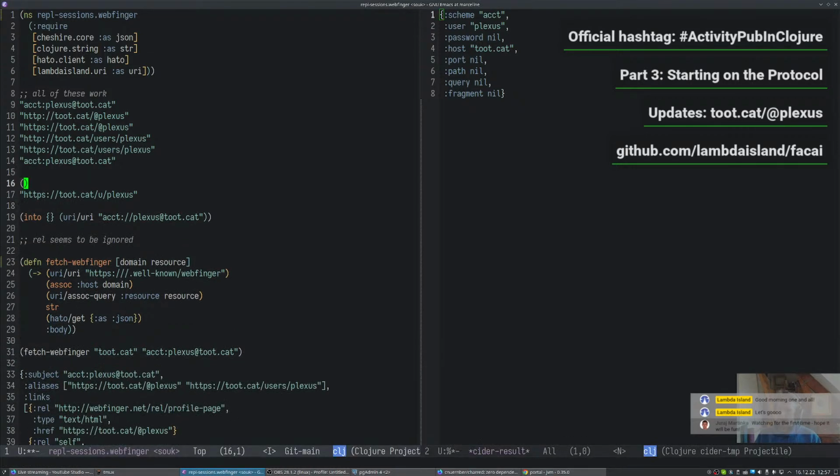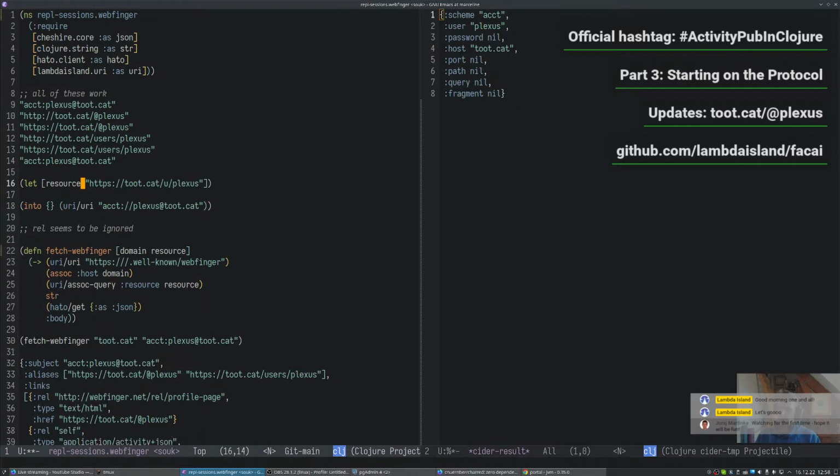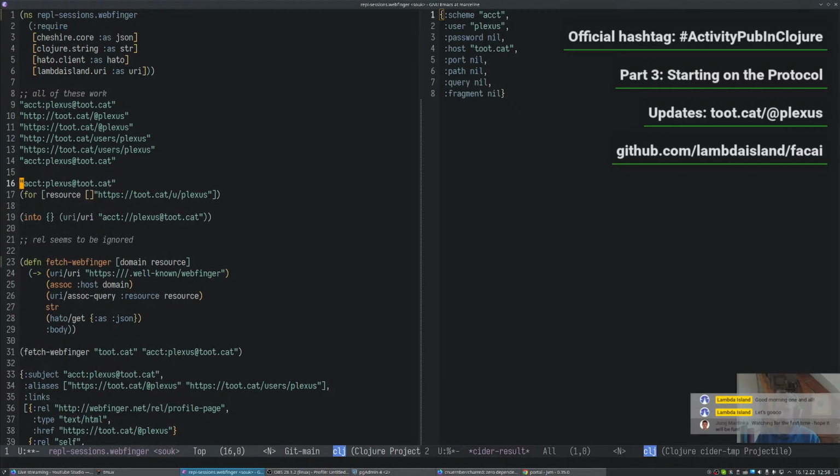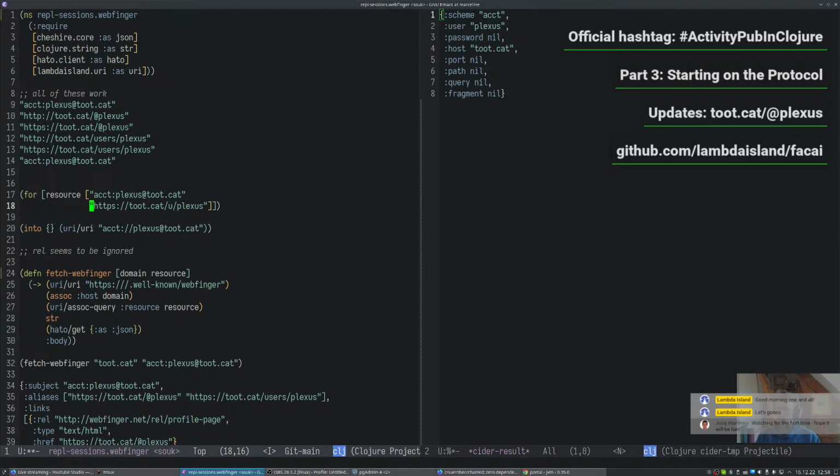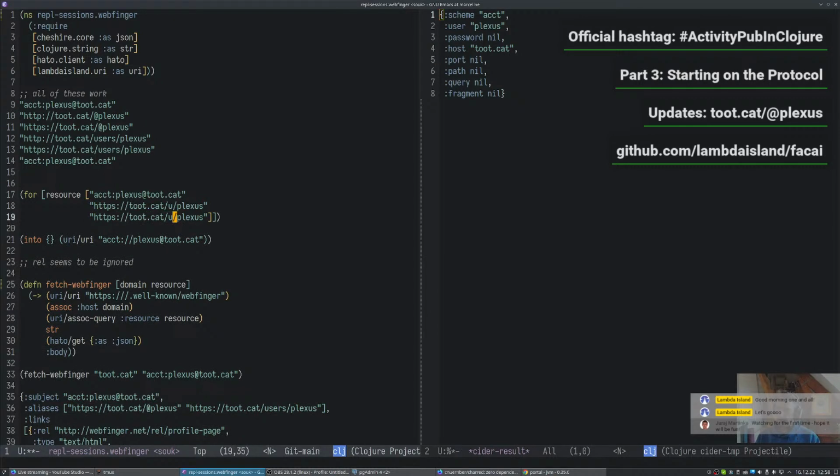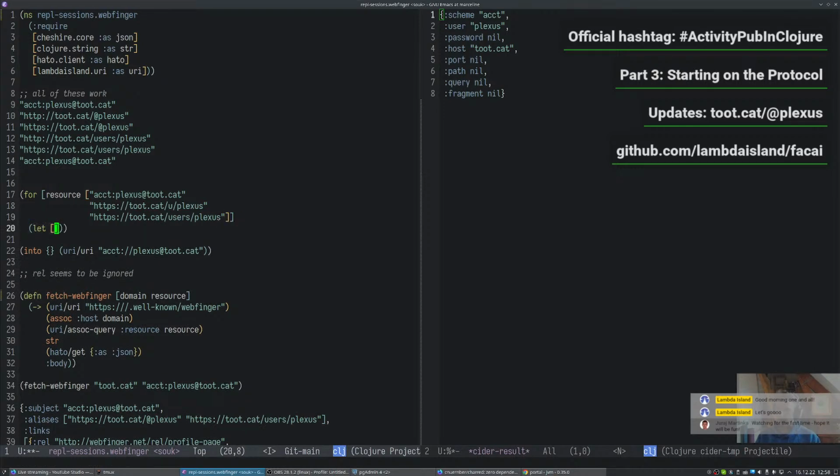Okay, so let's say we get the resource, we get this. Actually, let's do this for resource, and then we can immediately see if we're dealing with all the different cases. So we want to be able to deal with account. We want to deal with this shape, which is the public URL, and then we want to be able to deal with this shape, which is the canonical ID in ActivityPub. So I think the first thing we're just going to do is say